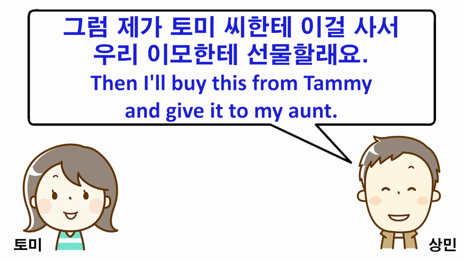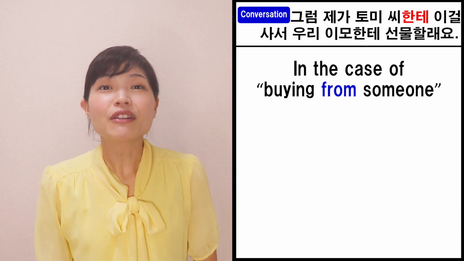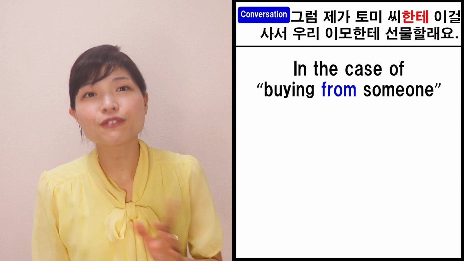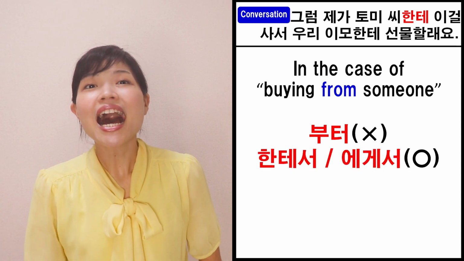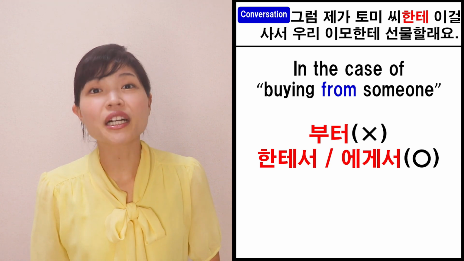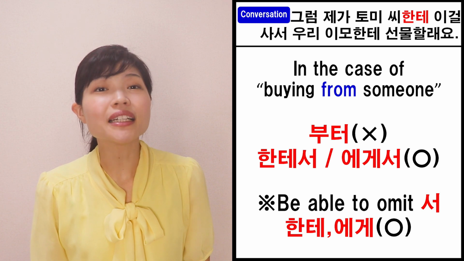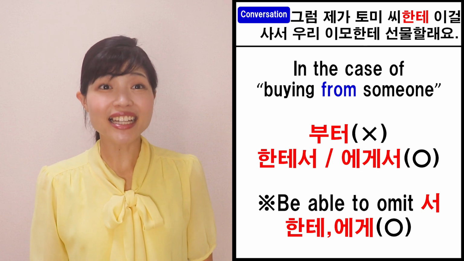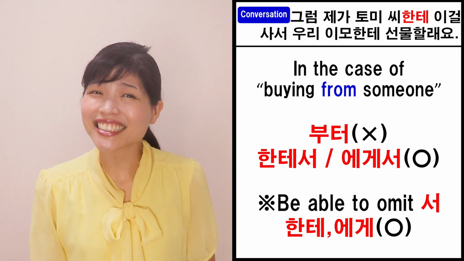그럼 제가 토미 씨한테 이걸 사서 우리 이모한테 선물할래요. Let's look at the part 토미 씨한테 in Korean for from in the case of buying from someone. You don't use 부터 but 한테서 or 에게서 because you use 한테서 or 에게서 to people. By the way, you can also omit 서 in 한테서 or 에게서 and use 한테 and 에게, but the meaning stays the same as